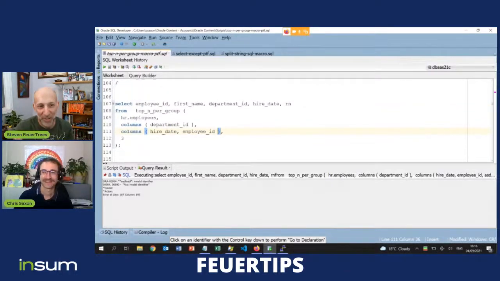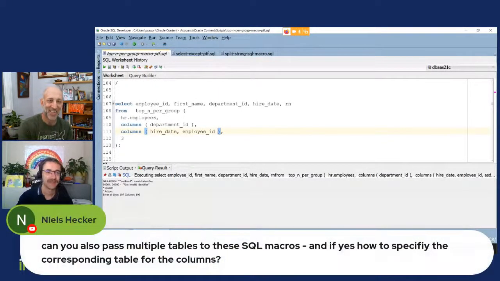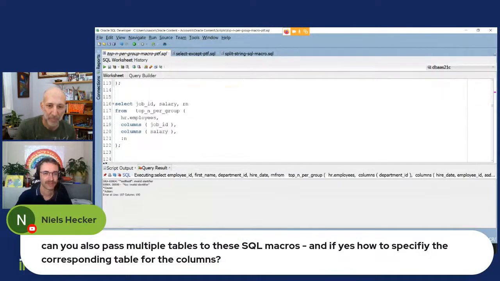It looks like I'm querying from a table, but as a developer I need to know that what it's actually doing is a text substitution. Yes, exactly. To drive home the point that it's a text substitution,